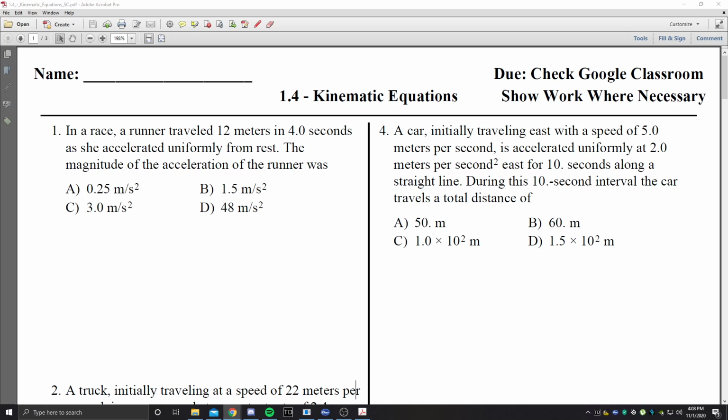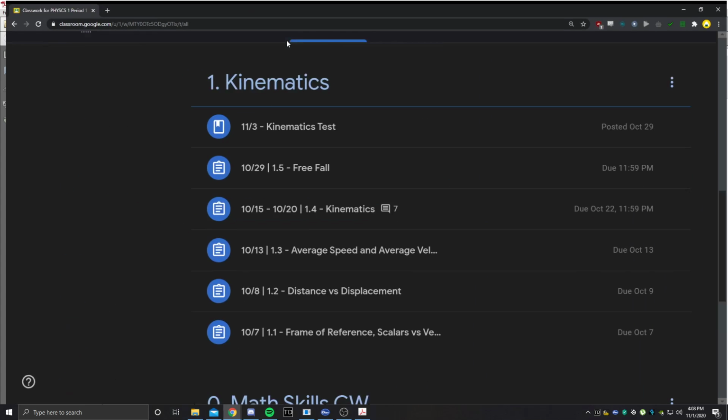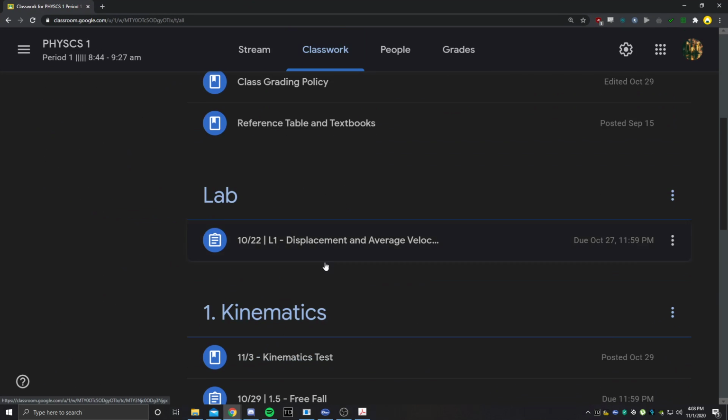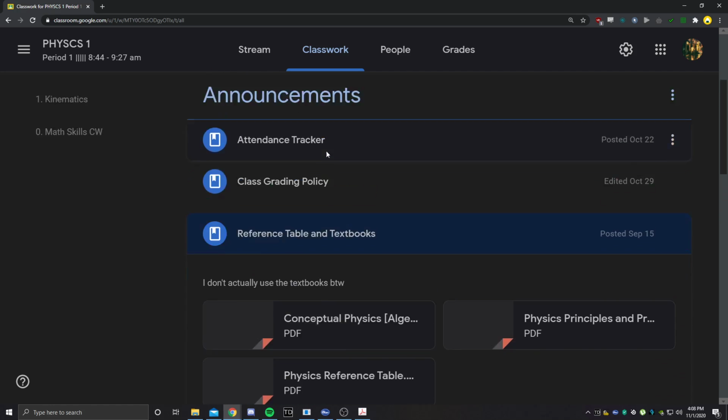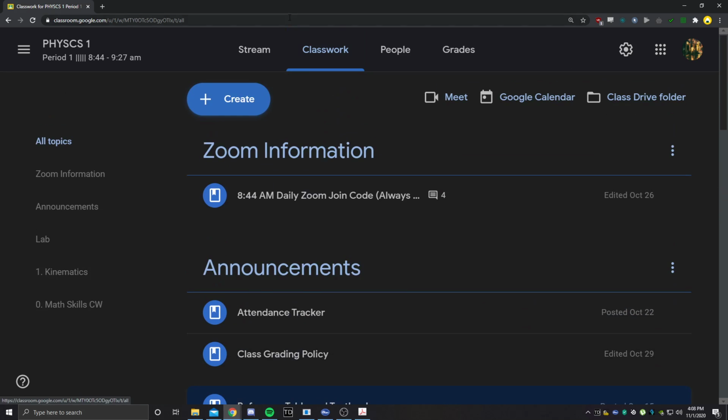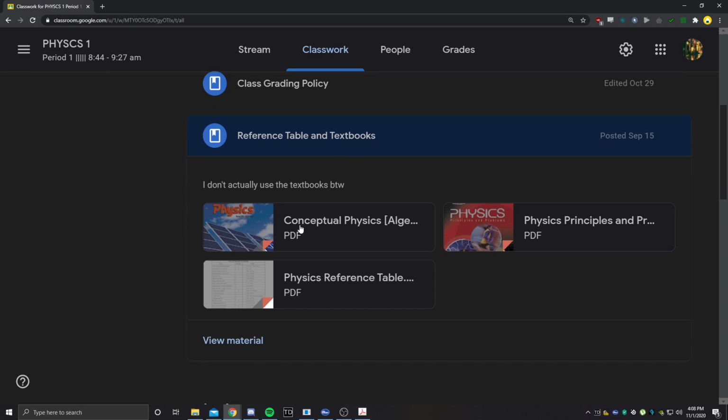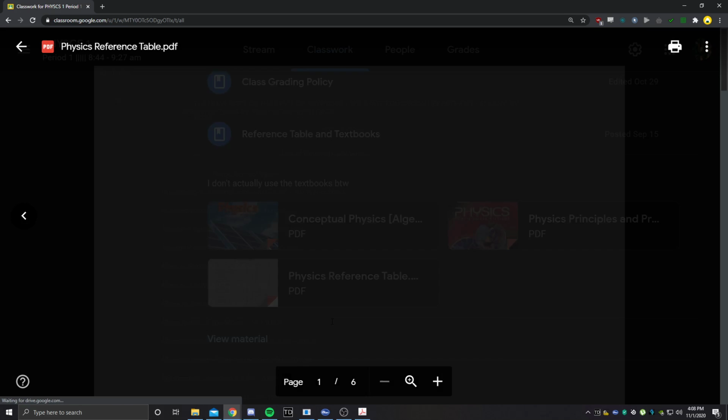Alright, so this video is going to be on the kinematic equations worksheet. It's important that you guys understand how to do each and every single one of these equations. Before that, it's important for you to know where your reference table is. If I haven't said this enough in class by now, you go to your classwork tab, go to reference table, click on the reference table,